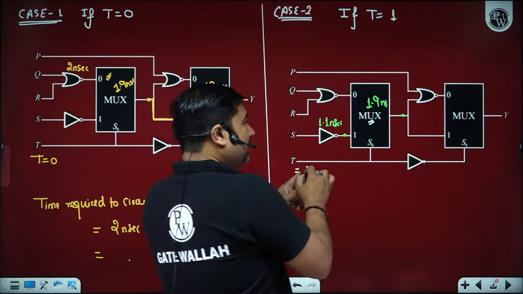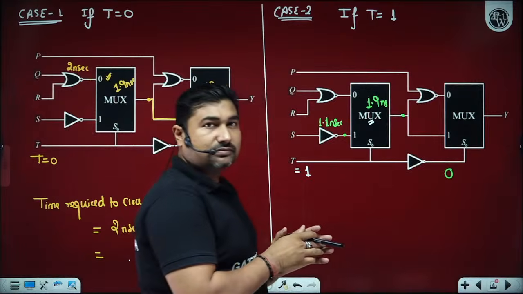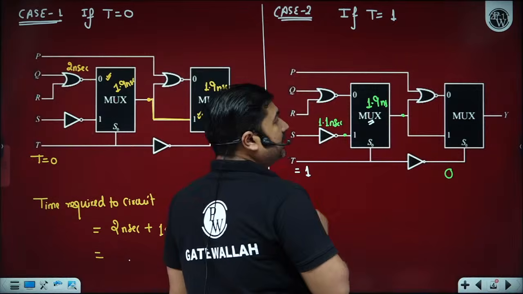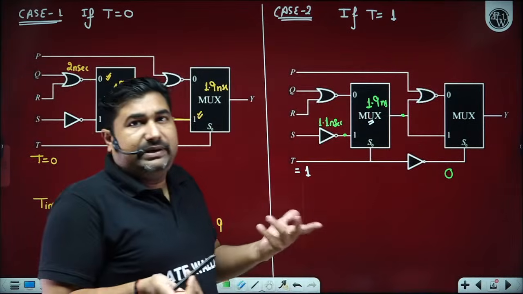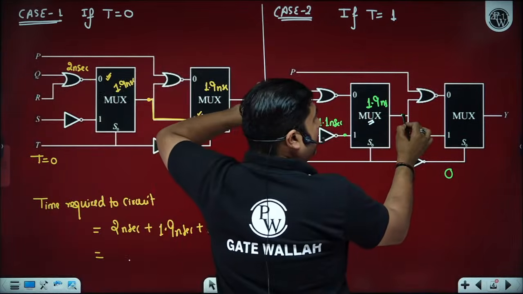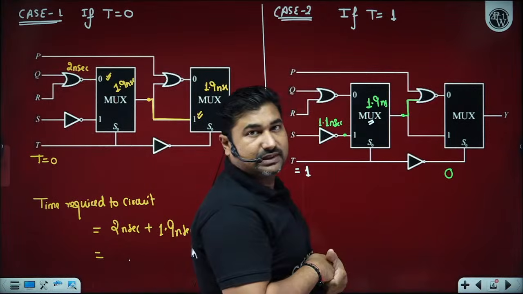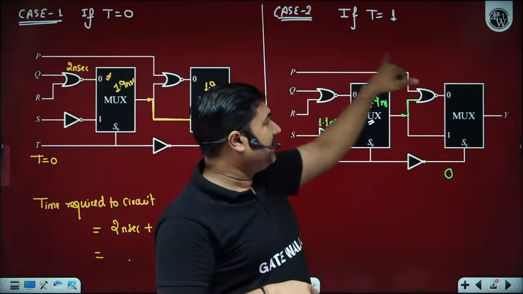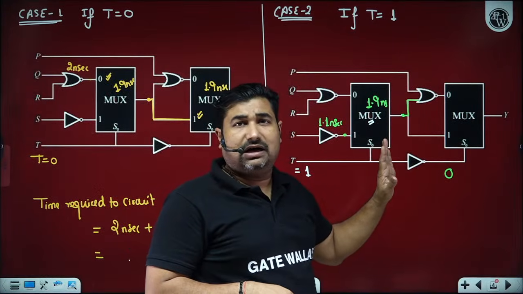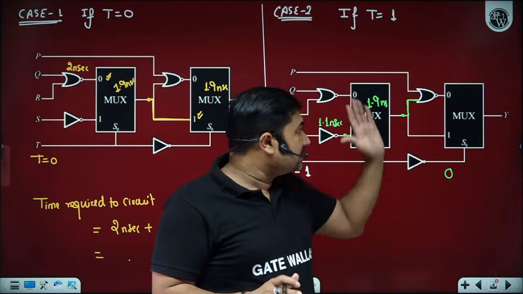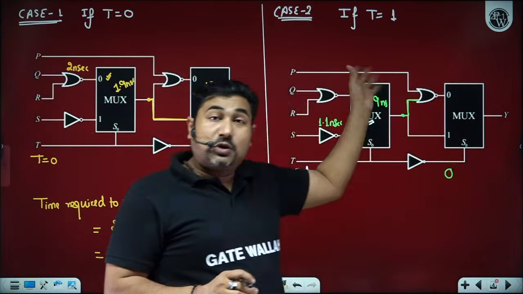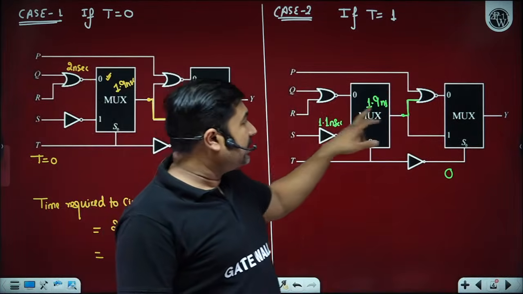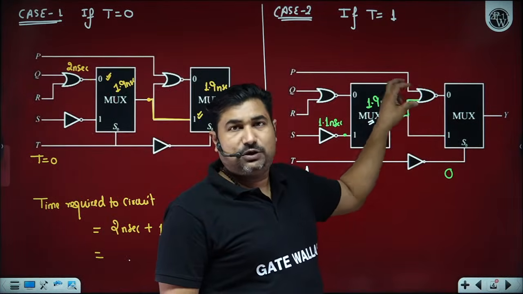Since this is 1, its complement is 0. When its complement is 0, we have a NOR gate. We don't know about P. P can be anything, so the multiplexer output will also have a role. Is it okay? Yes, sir. In case P is 1, then the multiplexer output will have no role, and we can start from here only. But since we don't know about P, the logic of P is not given, so we must know about both the inputs. We need to wait for both the inputs.